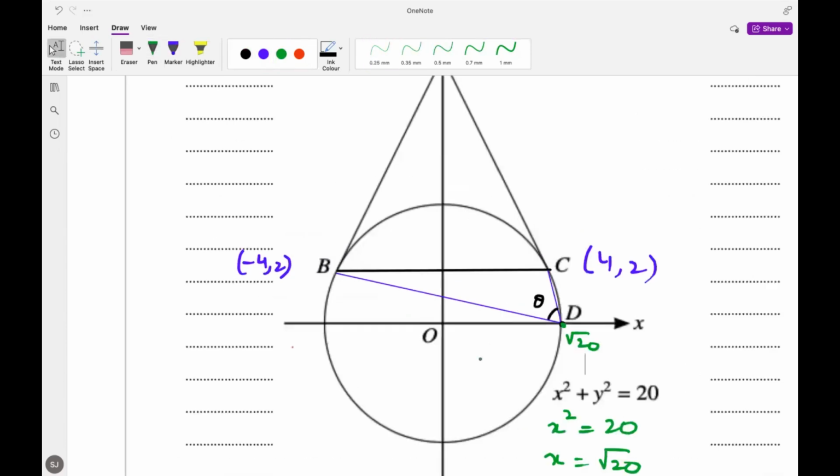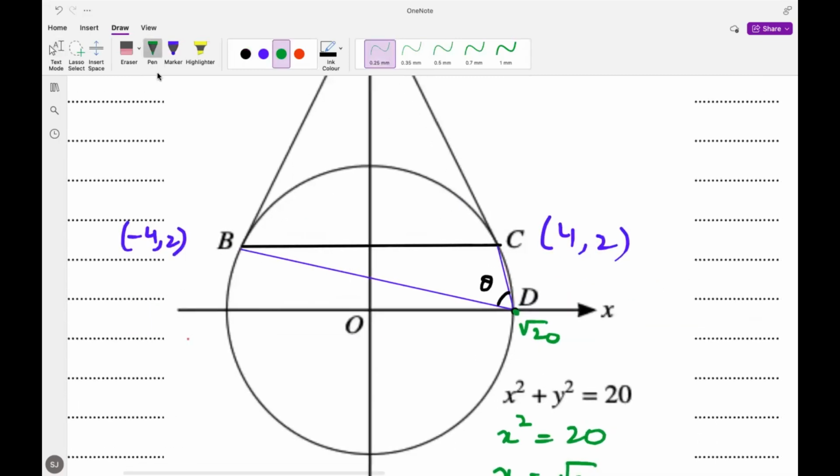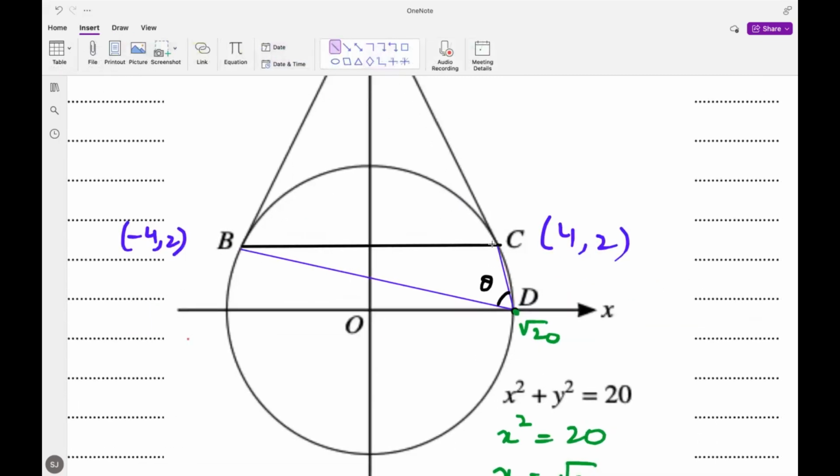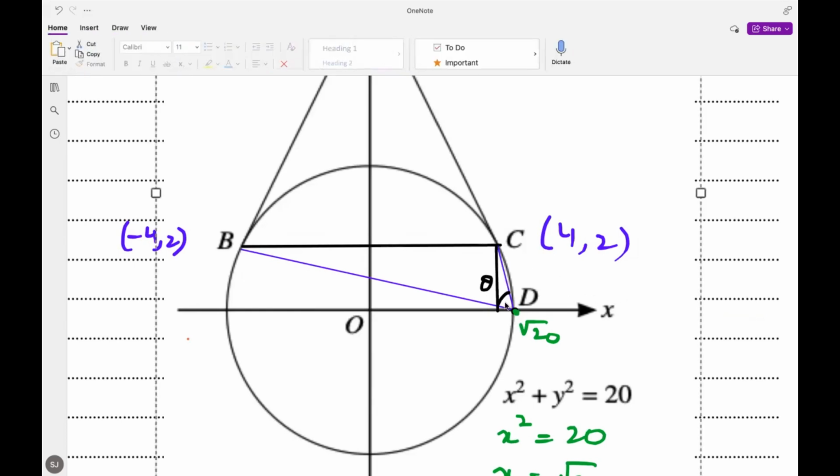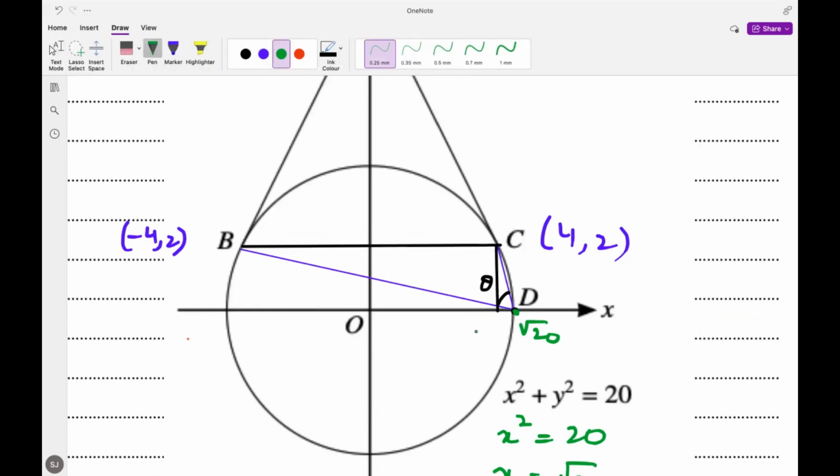So to understand this, let's say I make a line from C till the x-axis, and we will have another triangle. Let's call this point X. Now, if I draw the triangle CXD, let's say this point is C, this point is D, and this point is X. If I want to find this complete angle theta from D till the x-axis,